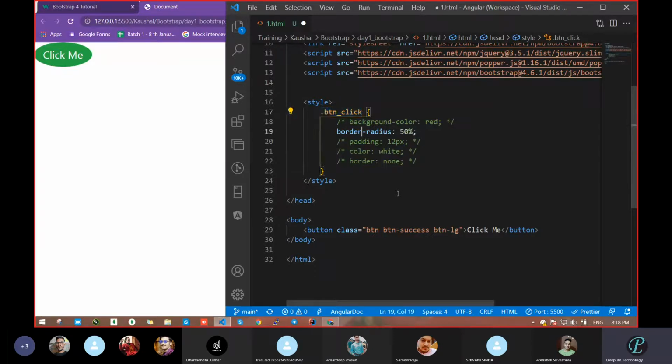Now you can easily identify that the button name is click me. And where will you pass it, and how will you add your style, meaning your CSS? Suppose we go to reverse. What is this? This is .btn_click, correct? Dot means what, Sweta? What is the meaning of dot here?